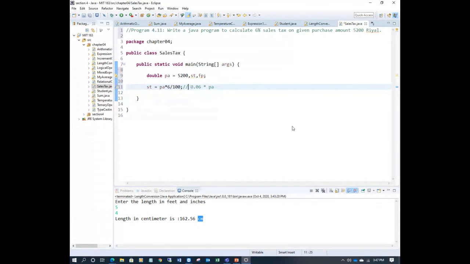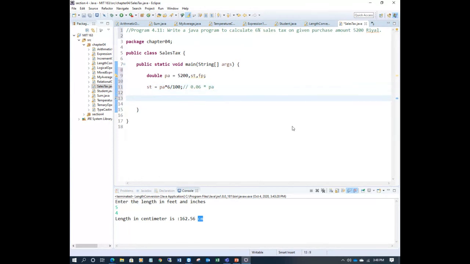Whether you write this one or this one, 6% is 0.06 only, right? Same thing. I prefer this one because you are calculating percent. Sometimes you want to change to 7, 5, 3, 15. This is more easily changed, but it's difficult to change the other one, it just takes time. Either use this formula or use this one. Now the sales tax, okay?